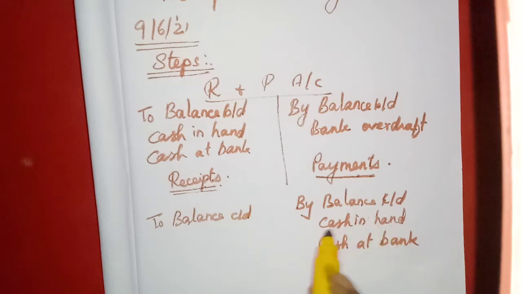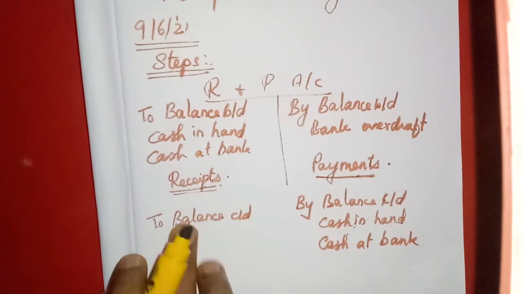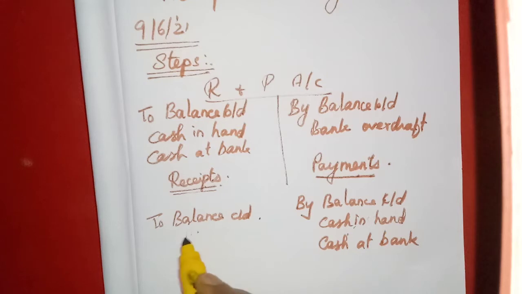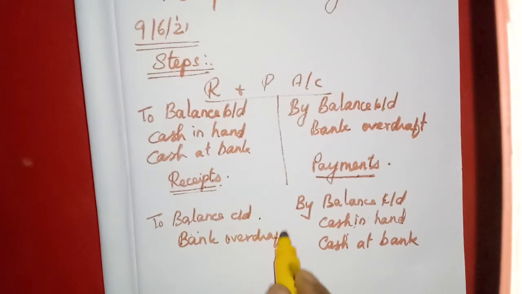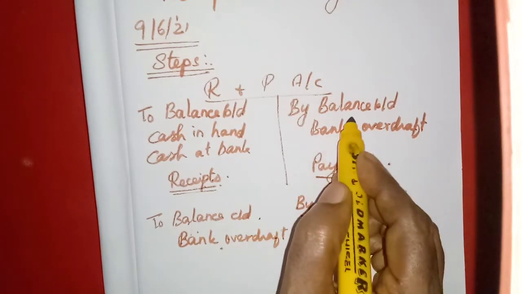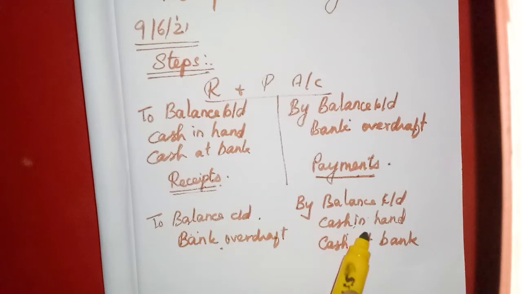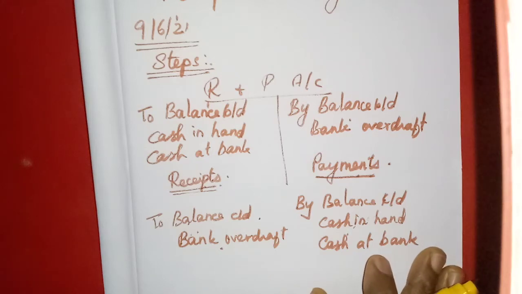cash in hand never comes as a credit balance. This is called a debit balance. So this one is a credit balance, because the brought down we will write on this side. So you should write bank overdraft. Now you see, closing on this side, opening on this side. This is a favorable balance, this one an unfavorable balance. I think we can do that exercise.